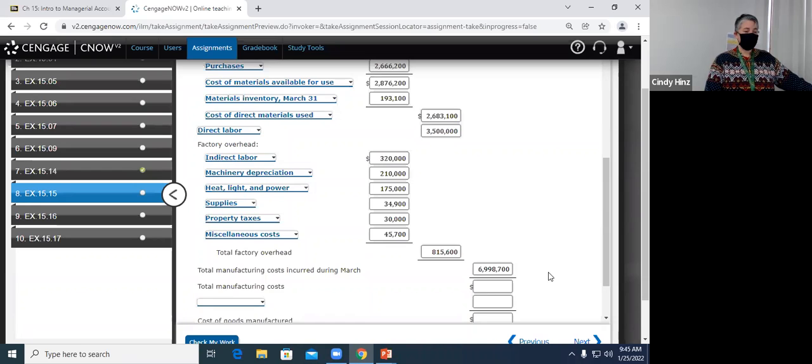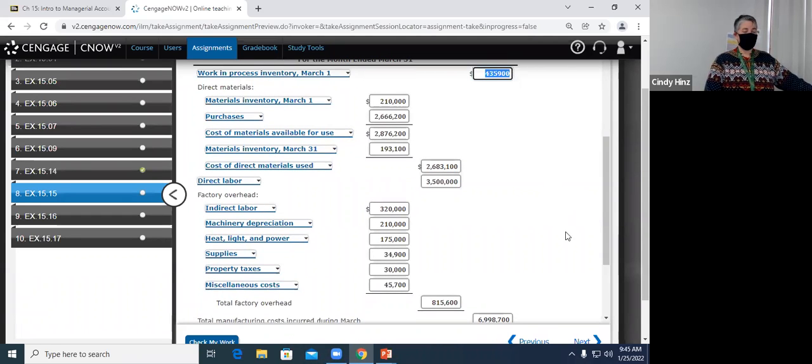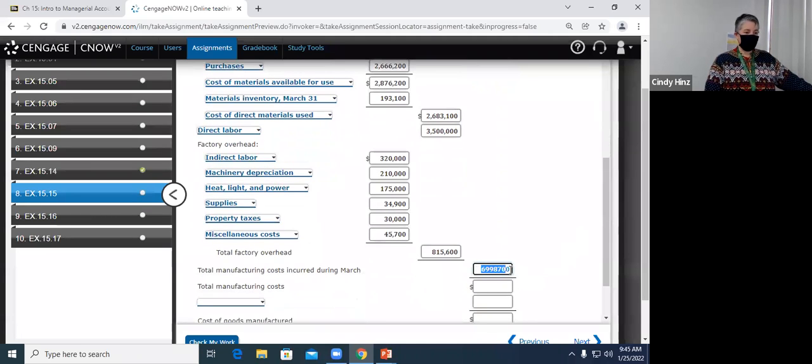So now we know what was added during the month, and up here at the very top, the first number we entered is what was already in there. So if we take what was already in that account, 435,900, and the about 7 million that we added to it, we will have the total manufacturing cost that went through that account in the month of March. What did we start with? That's stuff that we started working on in February but hadn't finished. And then all the costs associated with the work that we did in the month of March. We had about $7.5 million worth of stuff go through the work in process inventory account during the month of